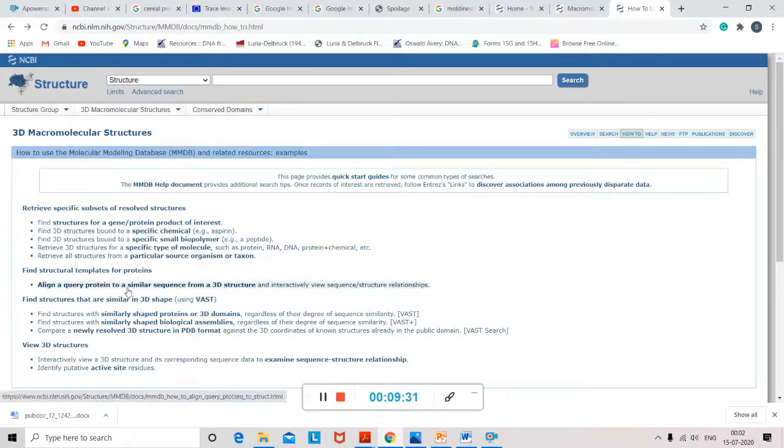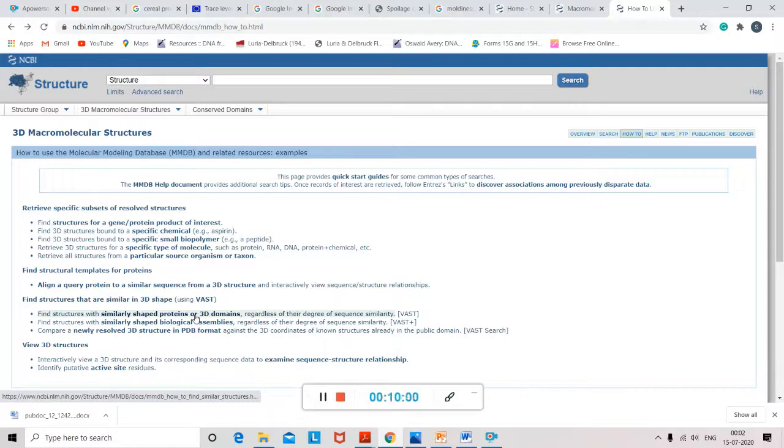Now if you want to align a protein to a similar sequence from a 3D structure, or you want to see the interactions between two proteins, that is possible by using the MMDB database. You can find the structures. Now you can look into similarly shaped proteins or 3D domains, which can be analyzed by using a technique called VAST.